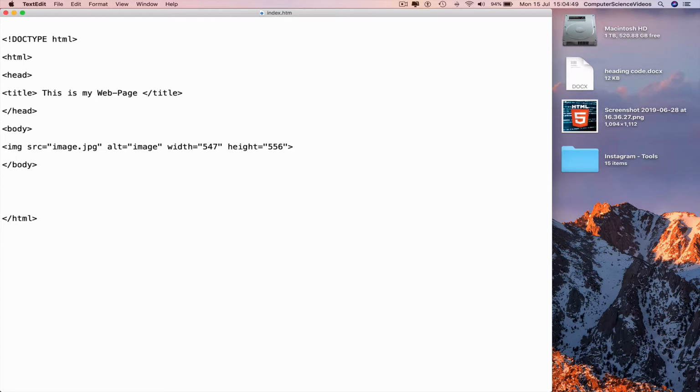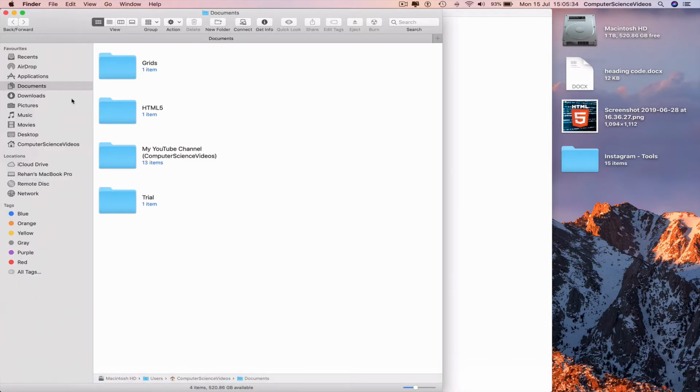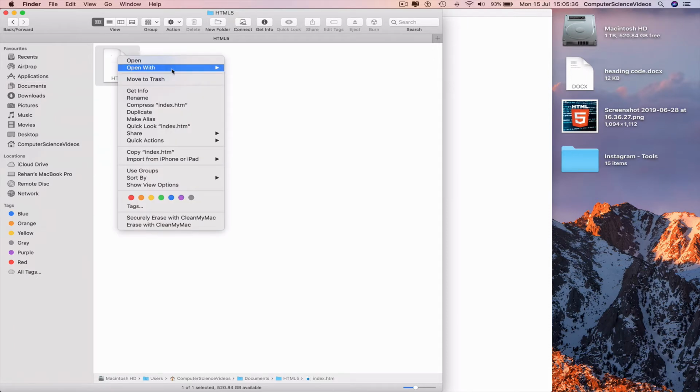We can save this. Before anything happens, we can open up the web browser to see what is really happening. Go to the dock, Finder, HTML5 folder, right click index.html, open with Safari, and that's what we see on screen, the image. Minimize Safari,